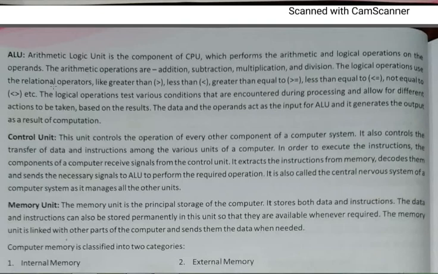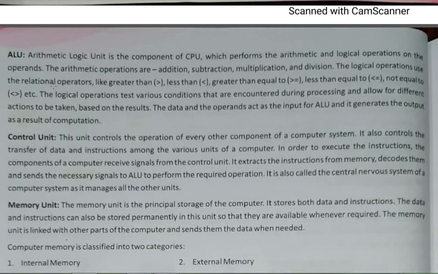Now what does the control unit do? The control unit controls the operations that we give to it. It controls the transfer of data to other units of the computer also. Like if I give a command to the computer that I want to play music, it will sense it, process it, and then it will not only give me the output at the monitor. If the headphones or speakers are connected, it will send the output to that portion also. It is done with the help of the control unit.